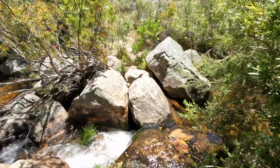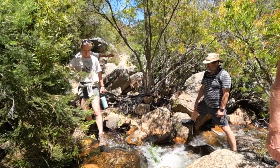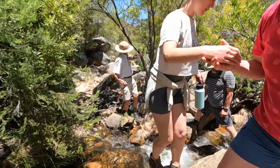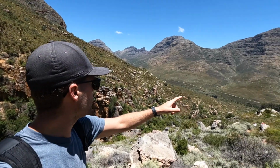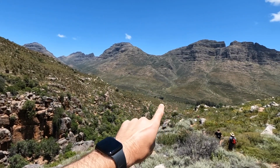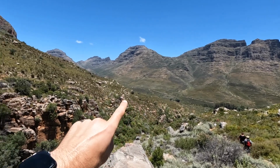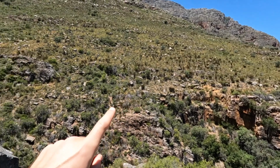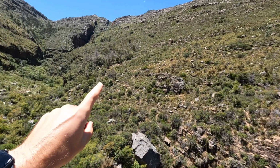We stopped for a snack break in the shade because it's getting mighty close to lunch and food is important. Now that we're on the other side of the river, it's much easier to see which way we went. So we started all the way down here, there's little tanks down there, you can see it, and we walked up here in kind of a slow path all the way along here,